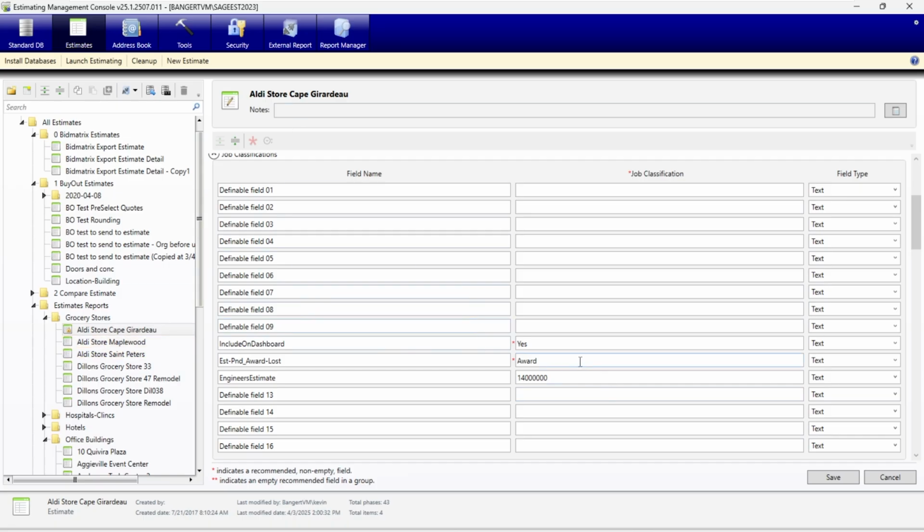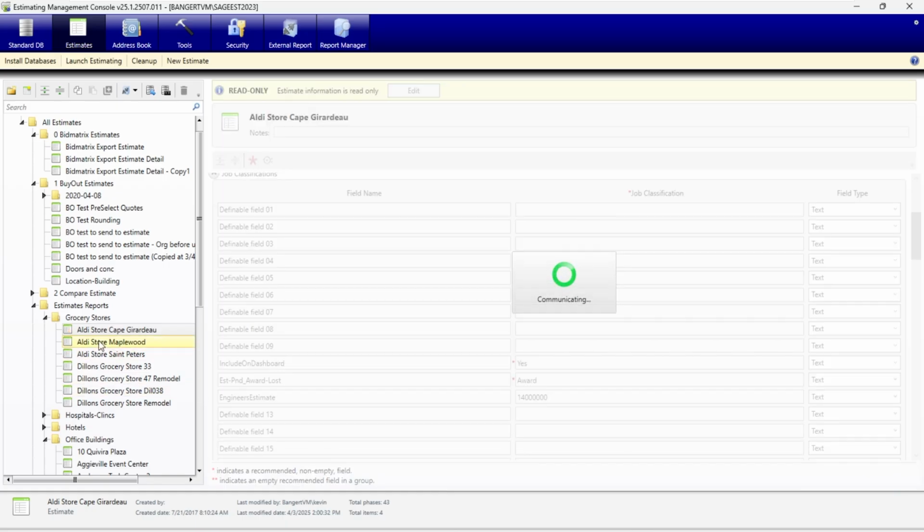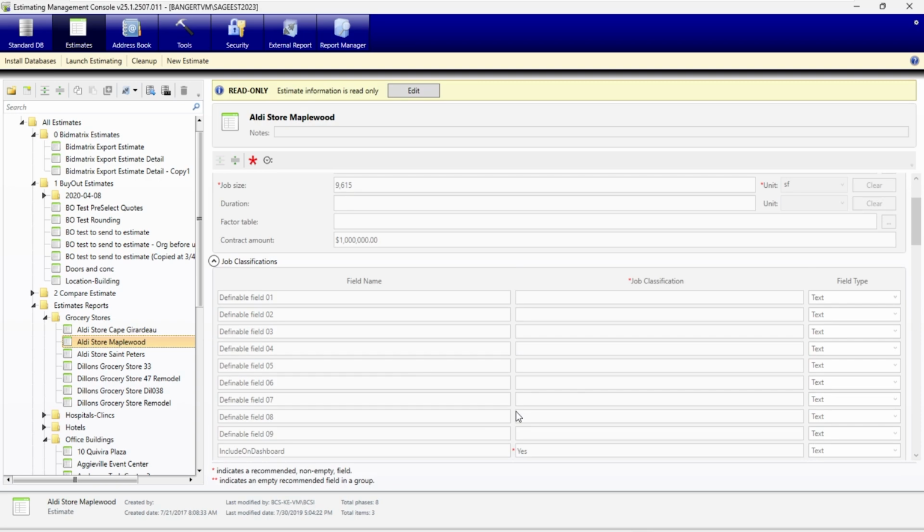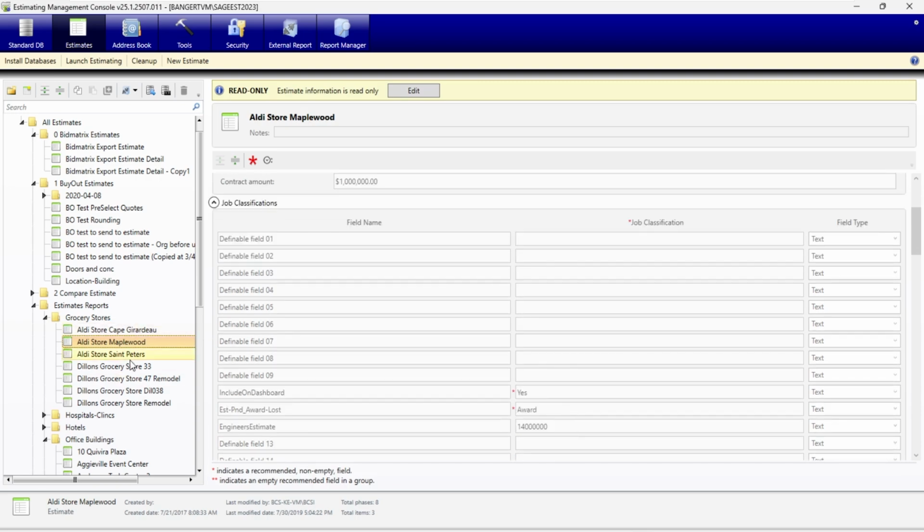and maybe I could go off here and change the award status to something else if I wanted to, or the loss status and whatever my drop down lists are and so forth. And maybe once I get done changing one estimate, I could come down and just quickly change another estimate and so forth. So I'm not seeing the drop downs at the moment because all these estimates I had created prior to setting that up in this database and so forth, because I think these were built with a different database, but otherwise you would get your drop down of what those settings were.